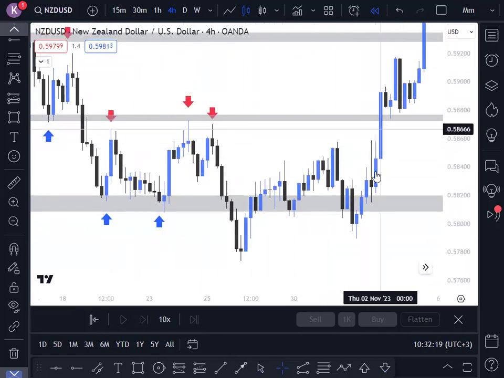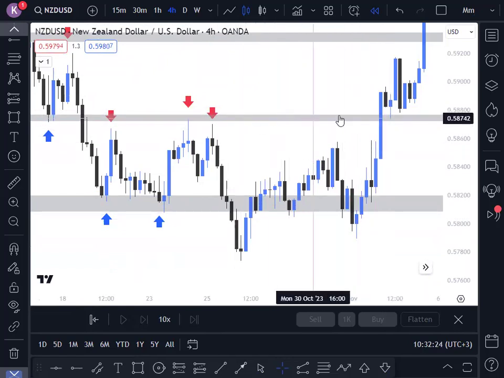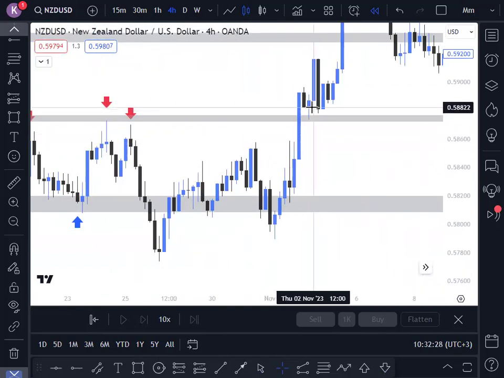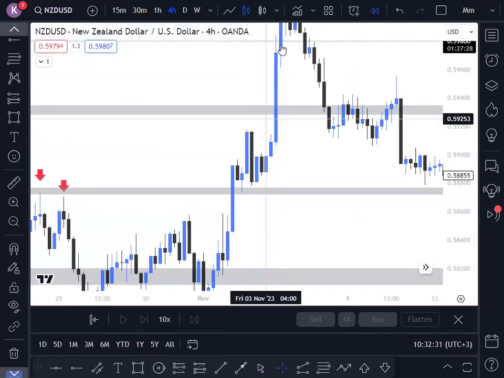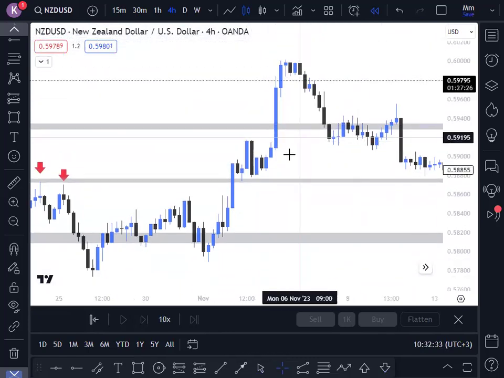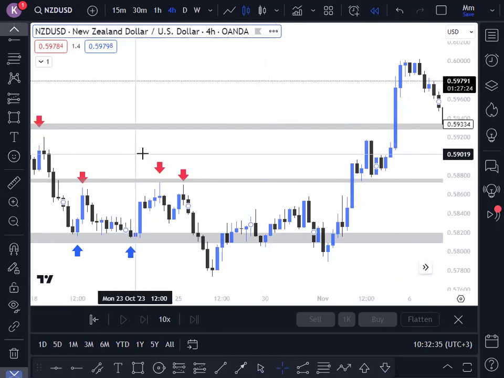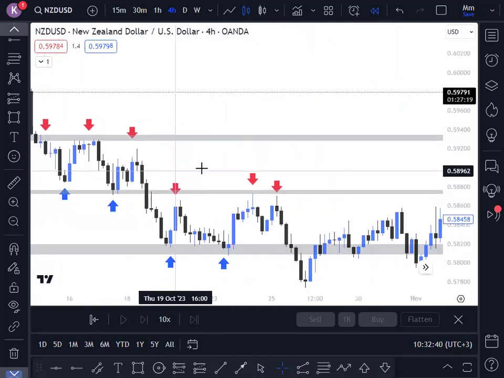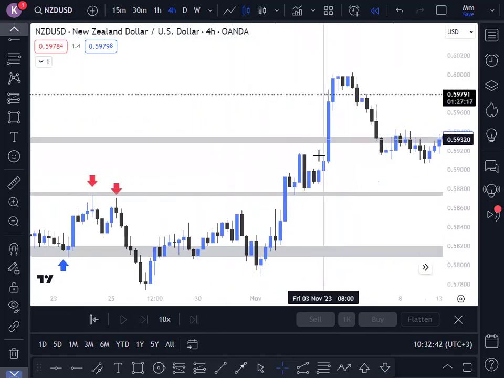Whenever the market was on this impulse move, you want to wait for the market to break the resistance, and then you want the market to retest it before you continue trading. If you can zoom back, this was a resistance here. The market was rejecting it, and in the future the market came back, broke it, and when the market broke it, we are expecting that the market will come back to retest this key level here, and then it can